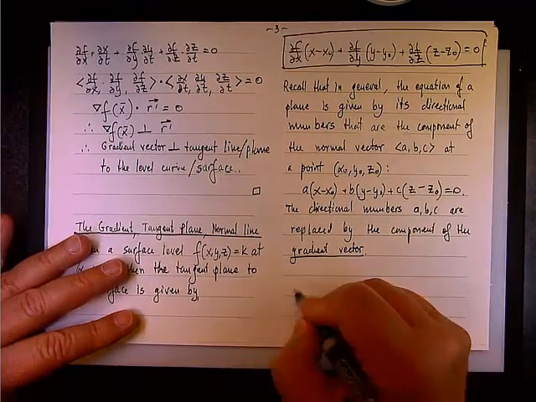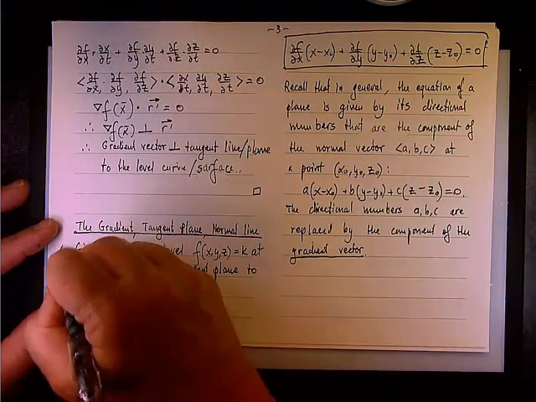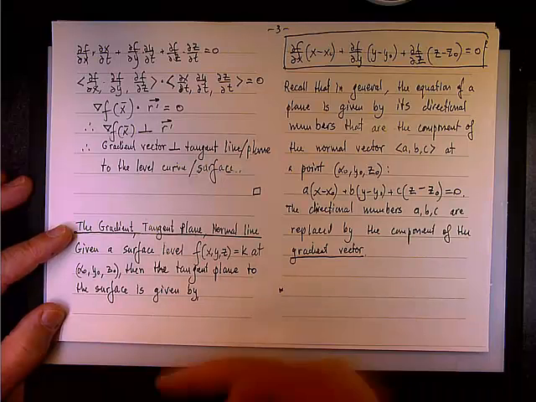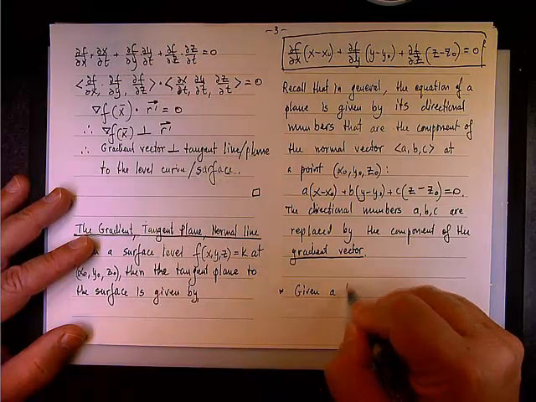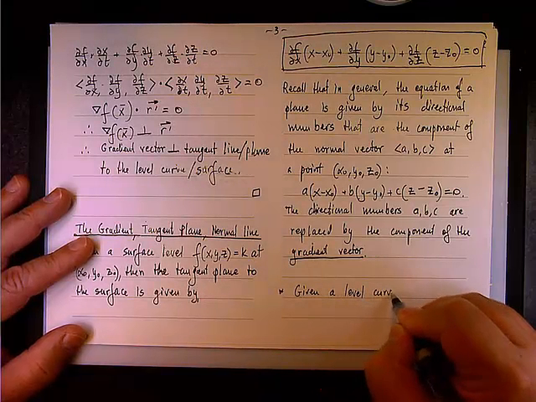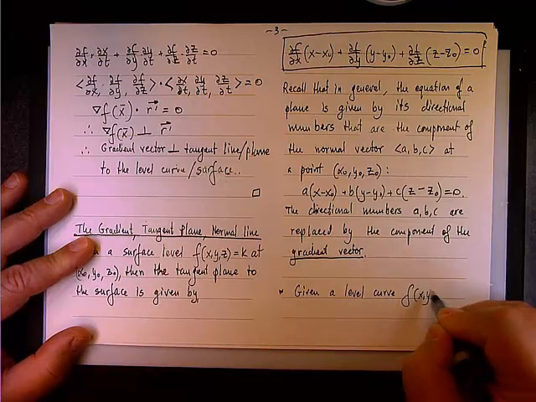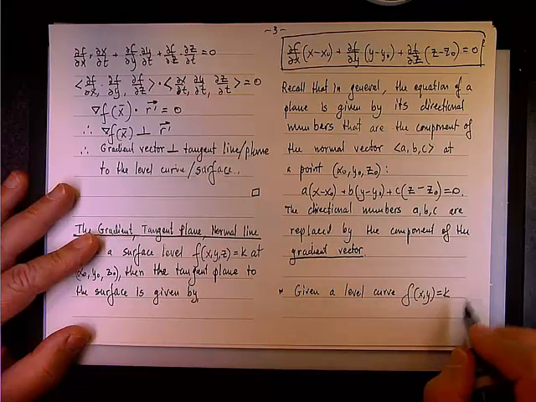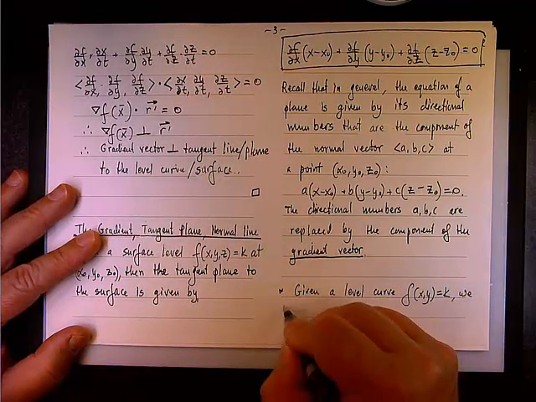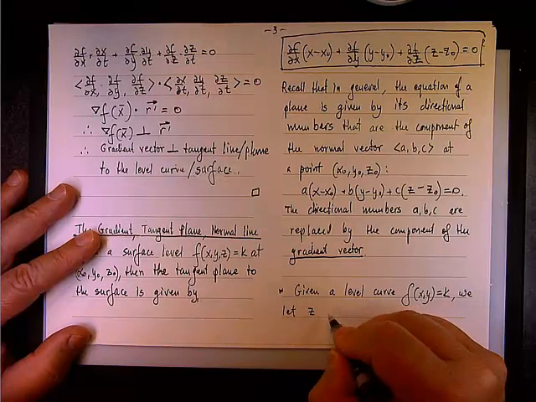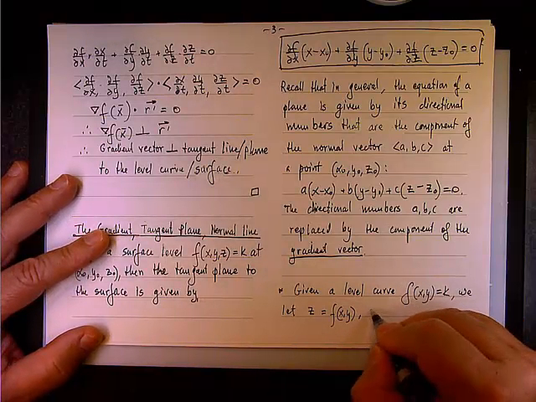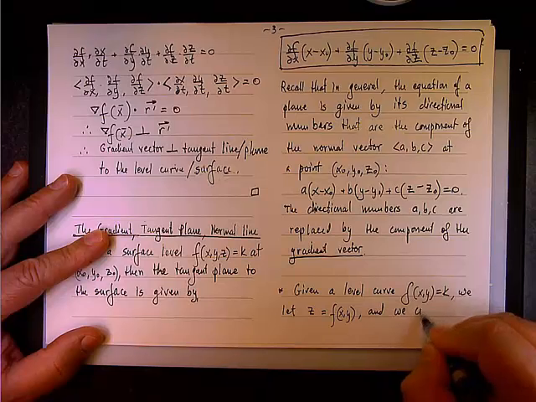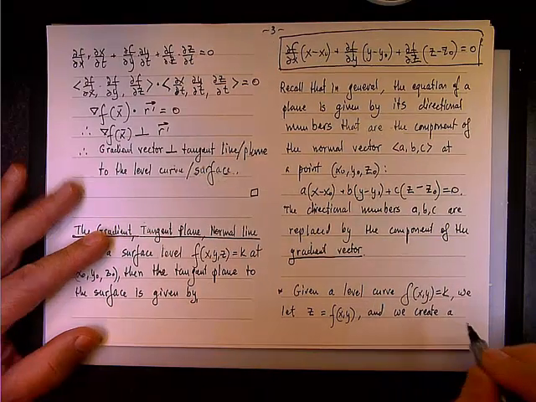We need a slight modification if you have a function of two variables only. Okay? What happens if you don't have del f del z? Well, that's even simpler, because if we have, so this will be, let's say 1, and let's do another point, given a curve, a level curve, f of x, y in this case equals k. Okay, we let z equals f of x, y, and